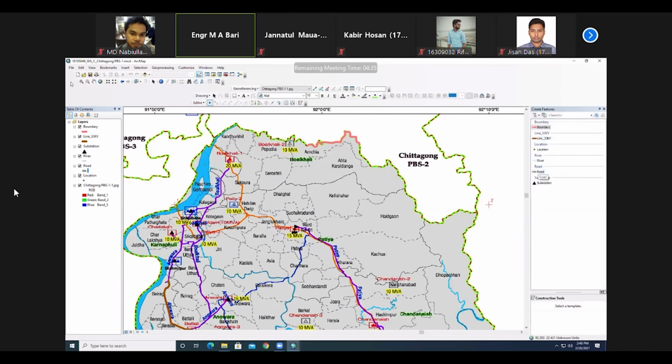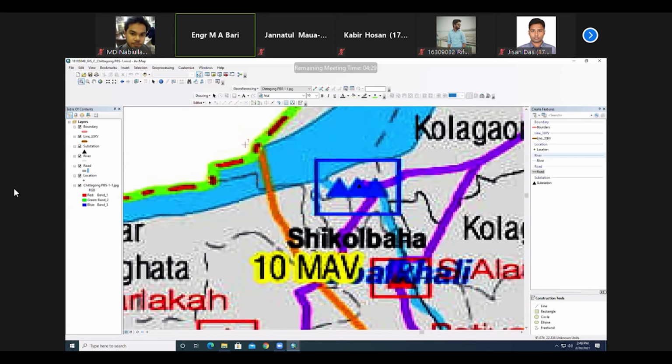Road. Start from anywhere on the road. Yes, this is your road. Start. Because how to change everything we will learn. That's why, because the GIS project is totally project based.